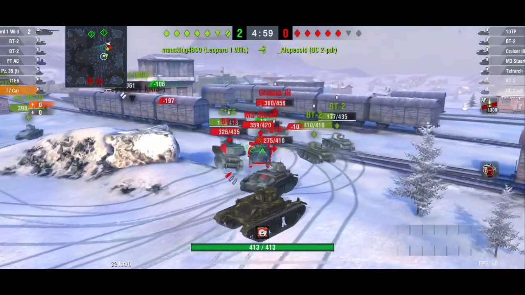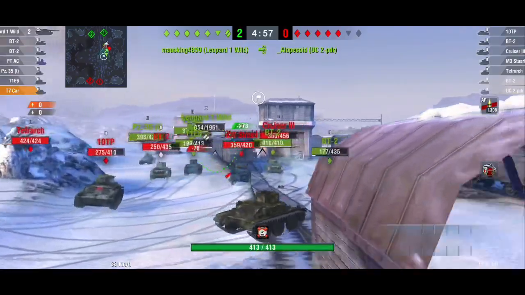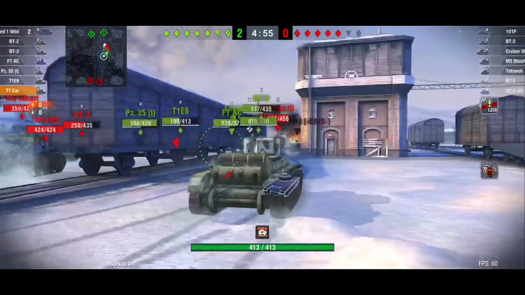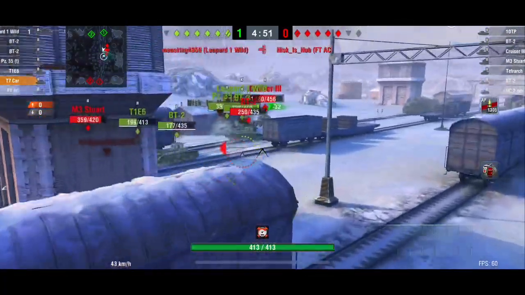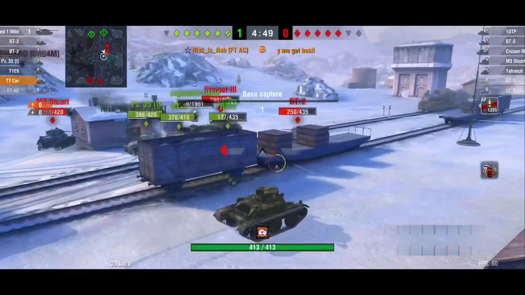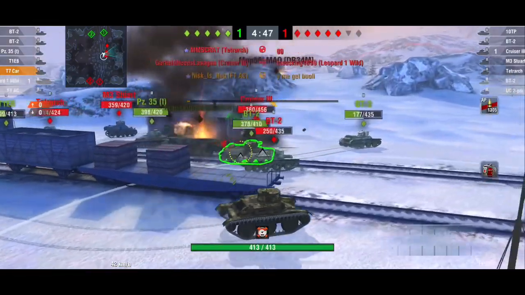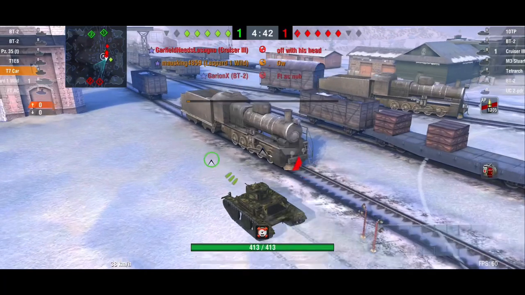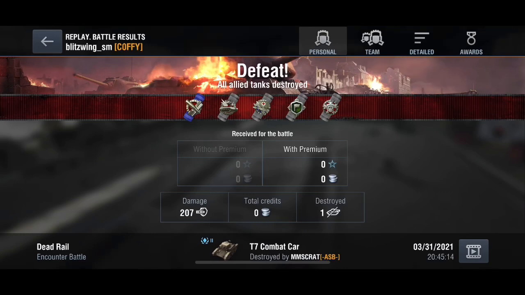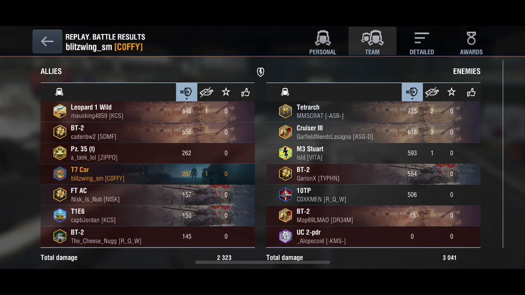So from the looks of this, tier 2 looks like it is a bit too rough for the Leopard line. Even the tier 10 looks like it was having a little bit of a hard time, but keeping up that maneuverability and playing like the first subscriber did is I believe really the key way in how to